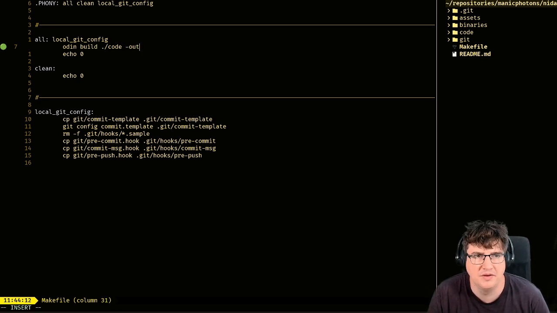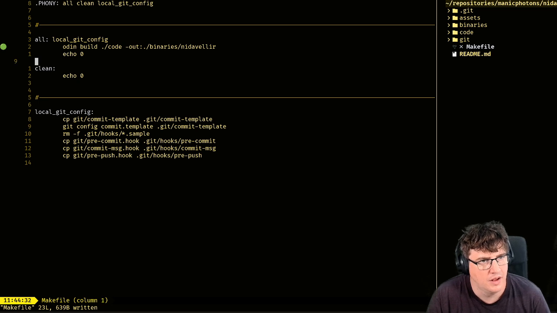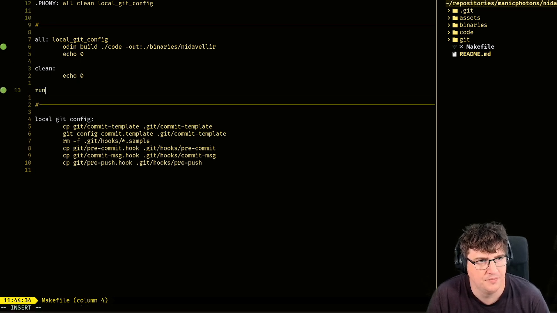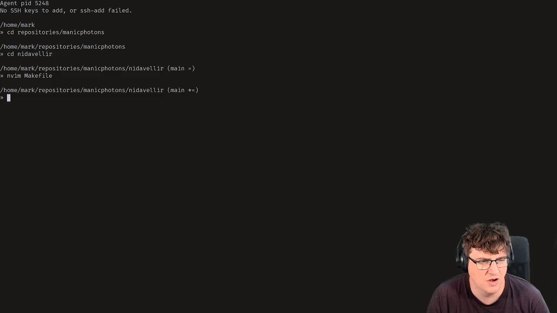And we will output to binaries. Nidavellir. And let's add a run target. Let's just put it in here. And then read slash. That's right?